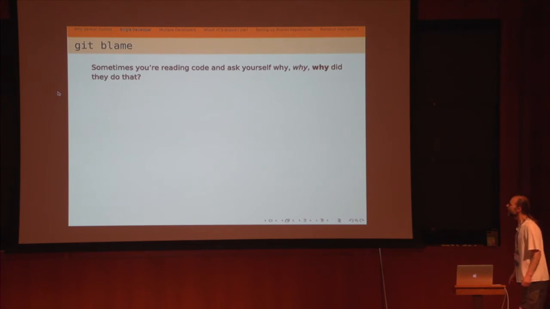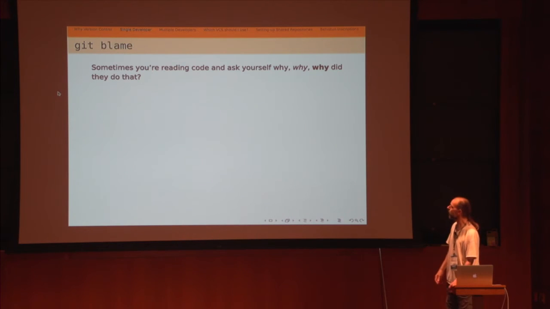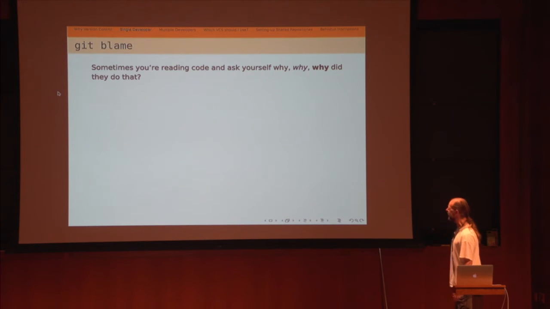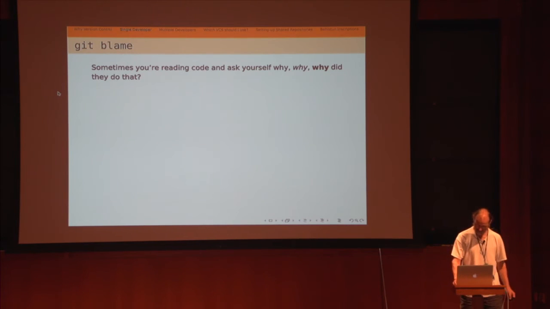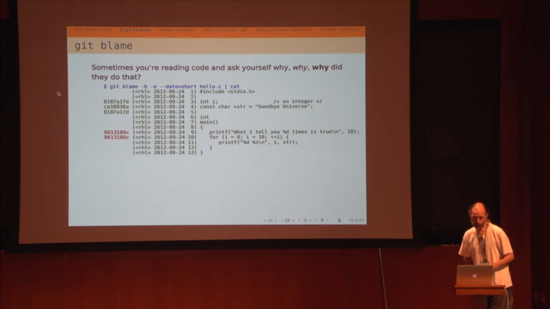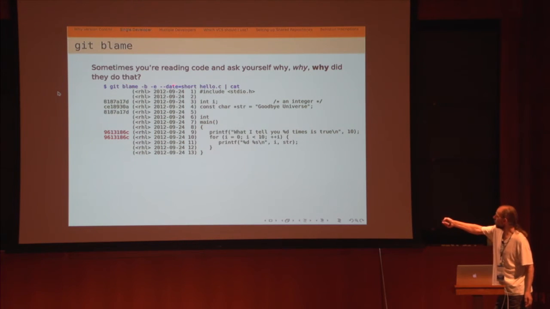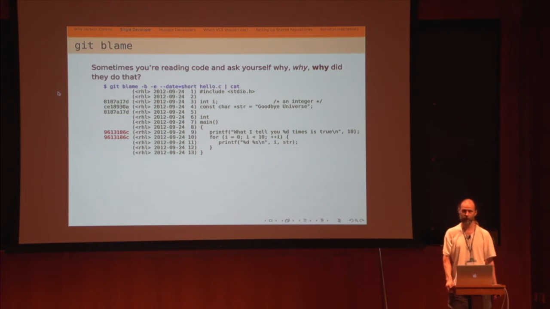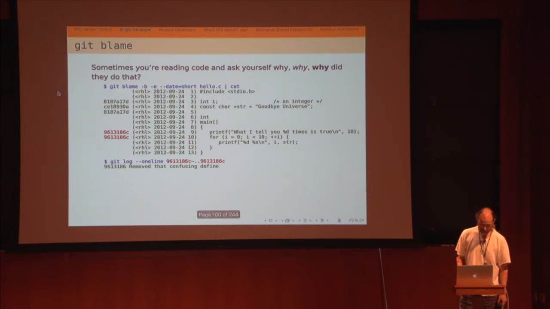Blame. You can spell it git blame, git annotate, but blame is so much more satisfying. So you say, why did they do that? This is, I should warn you, a slightly double-edged sword, as you'll see in a moment. So here's the output of git blame, and I shortened some things. And the problem is that I was looking for this change, and it turns out it was me that did it. So this is why git blame is sometimes, after you've sworn that only a moron could possibly have written that, it turns out that moron was you. But that's the way it goes.